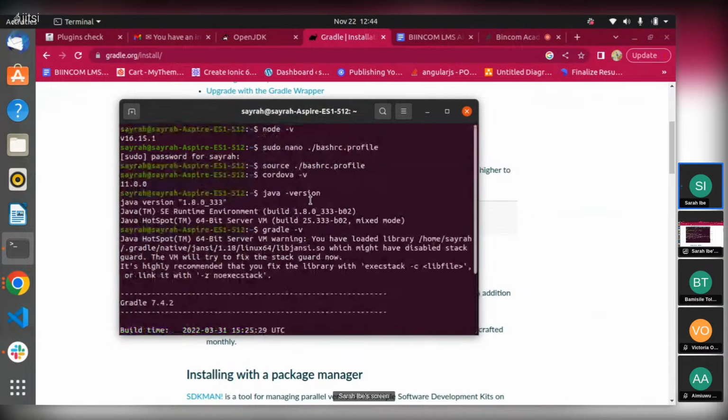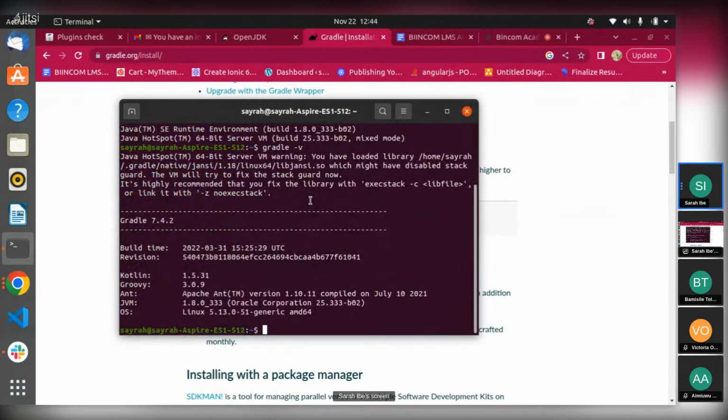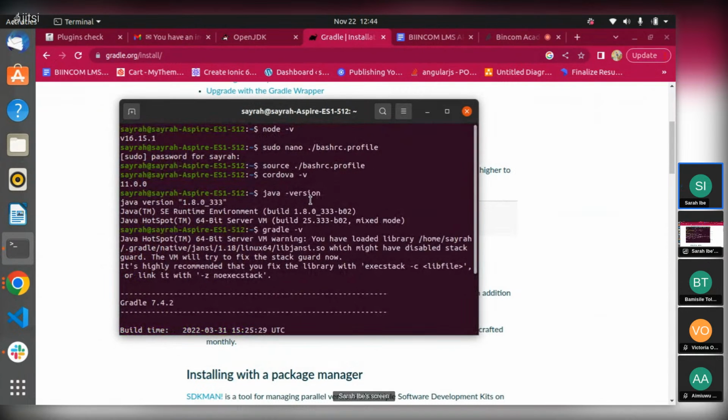I just try to show you guys how to check if you have these things installed on your system after you've installed them. After the installation you would now set your environment variables.